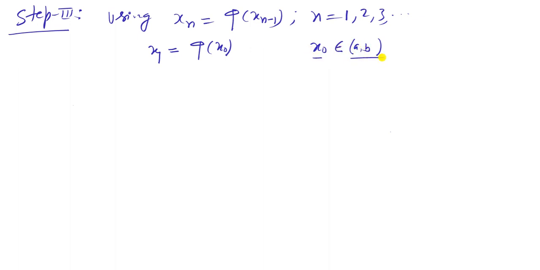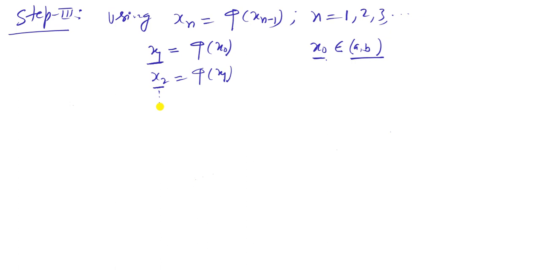So x naught belongs to the interval (a, b), then compute x1 in a successive way. That is, put n = 2, then we obtain x2 = phi of x1. When we compute the first approximation x1, x naught is the initial approximation, and when we compute the second approximation, we treat x1 as the initial approximation, continuing this process until we obtain the desired accuracy of